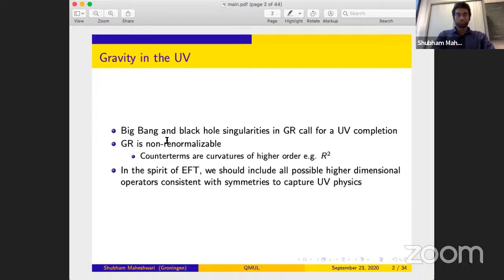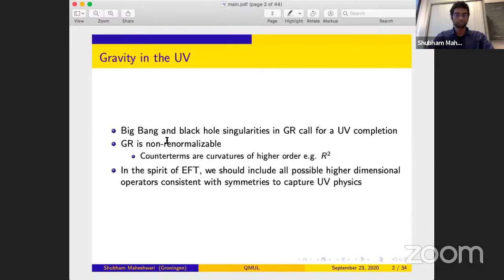And also, just in the basic spirit of effective field theory, you should include all possible high dimensional operators in the action which are consistent with the symmetries. In the case of gravity, the symmetry is general coordinate invariance. So all the operators consistent with that symmetry must be included in the action if you want to make sense of UV physics. These high derivative operators will become more and more important as you go to higher and higher energies, and you should include them if you want to describe physics at these very short